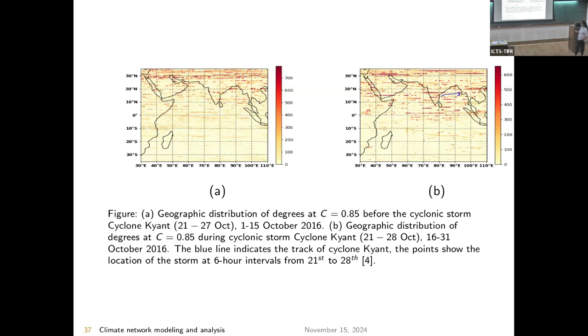So that is what you see, every 6 hours, from the 21st to 20th of October, when the cyclone is really active. Once you start seeing the clouds all over the place, you don't need all this, but you are seeing indicators much earlier.